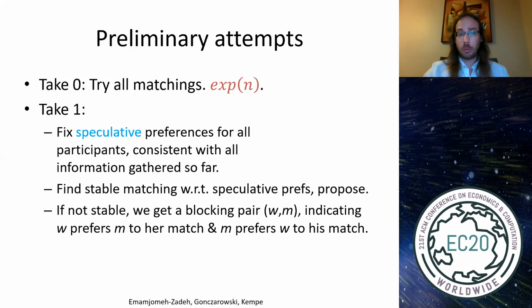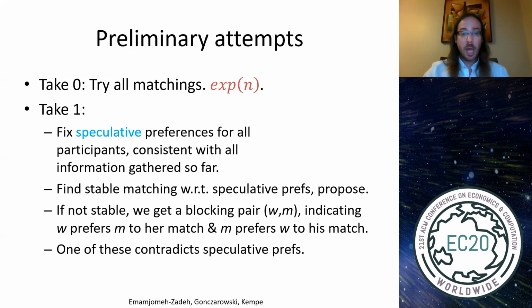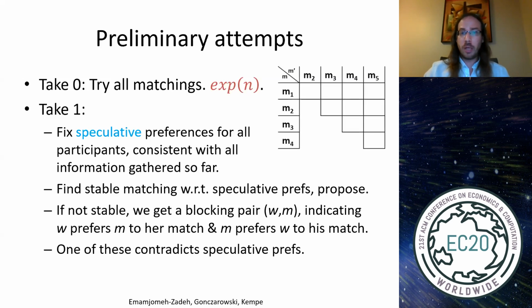And then if it's not stable, we get back a blocking pair, W and M, that indicates that W prefers M to her match and M prefers W to his match. And one of these must contradict the speculative preferences, because the matching that we proposed was stable with respect to the speculative preferences. So if we keep such a table for each participant, so this is for the woman W,